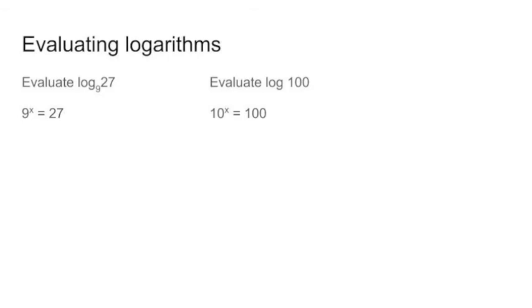So the solution to that second evaluate the logarithm is 2, and the solution to the first evaluate the logarithm is 1.5 or 3/2. Now the nice thing, if you ever see anything in the form of evaluate log 100, your calculators are programmed to have the common base, or common logarithm, of 10. So you could really just type log 100 in your calculator. Now the one where the base is 9 or any other base, there is a way in the graphing calculators you can adjust the base, but I'll let